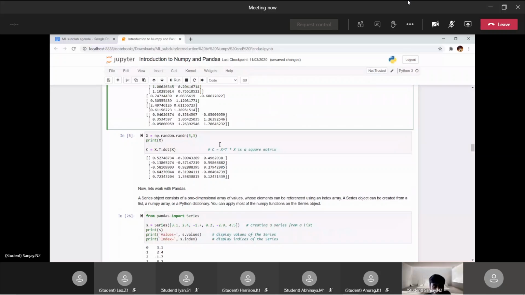Okay, so now we finished our basic introduction to NumPy. Does anyone have any questions before we move on? Any pending questions? No questions? Okay. So now I'm gonna unshare,